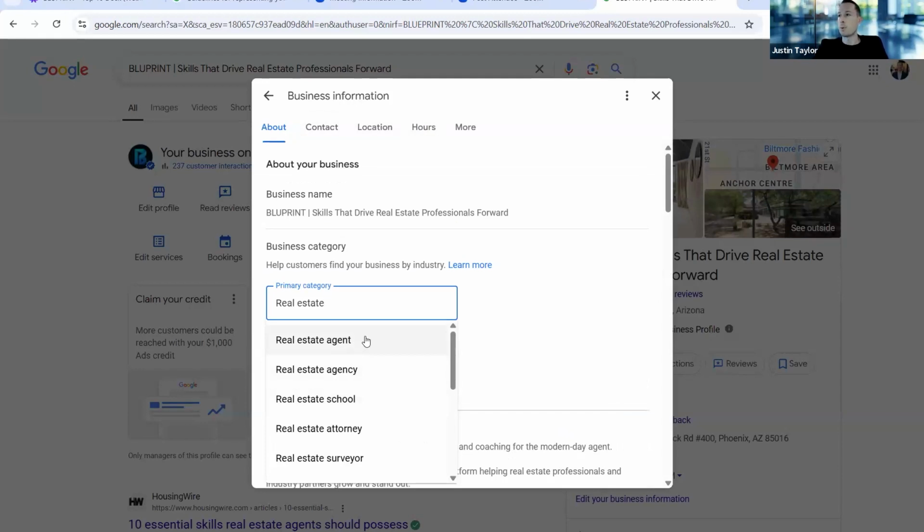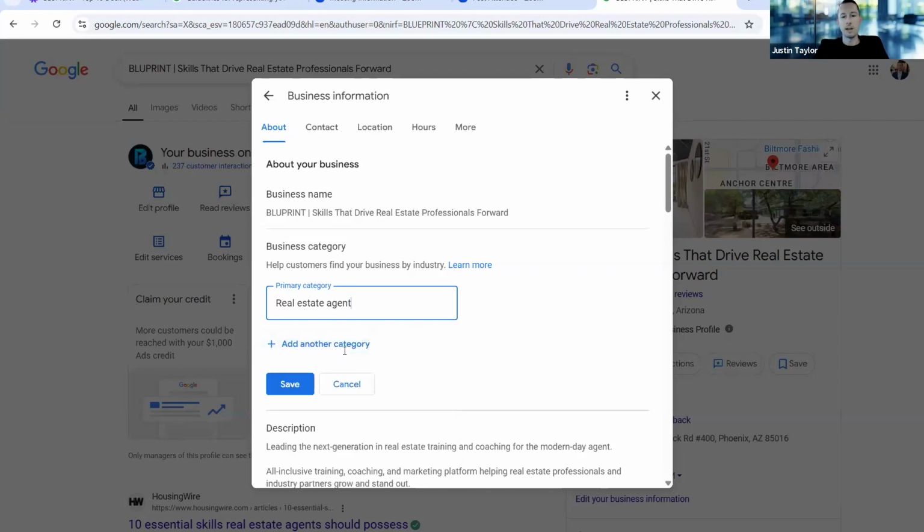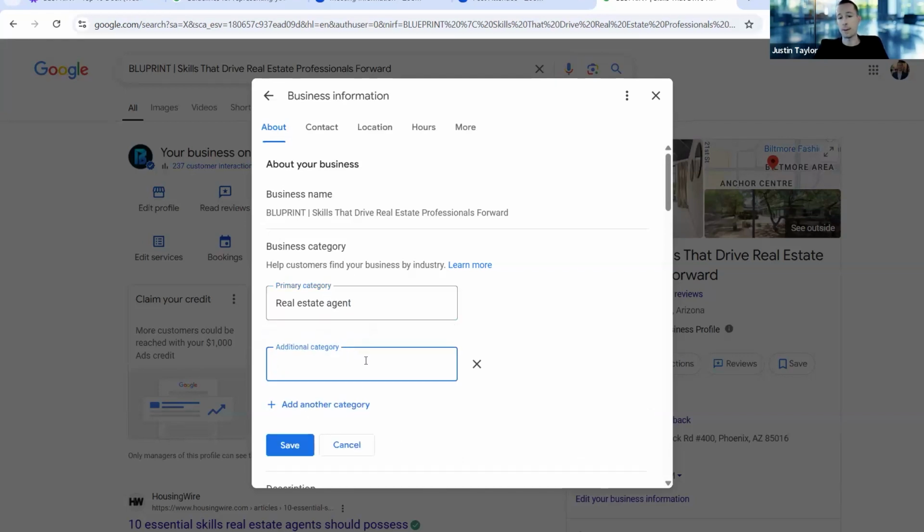Google's number one priority is to deliver accurate and relevant search results to consumers or to people doing searches. So they want to make sure that it's as accurate as possible. And if they're confused or using different categories, they're not going to rank you or show you in those. So you want to choose real estate agent. If you wanted to choose another one, you absolutely can.